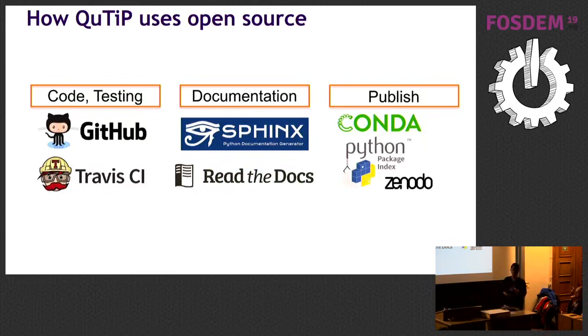So the first part is, of course, you write your code and you have to test your code. We have very strict standards at QuTiP that whenever someone submits some new code, some new change, it has to be accompanied with some very rigorous test cases. And all this happens over GitHub. And we have a continuous testing environment set up with Travis. Then once we are happy with the code, we ask the developer to write nice documentation. And then we generate it automatically with Sphinx. And we can publish it on Read the Docs. But now we have our own website, so we just make the documentation available on the website.